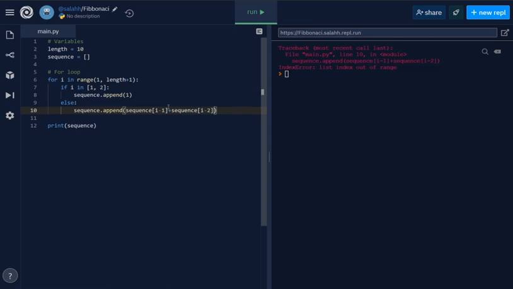Well, as I told you before, in programming, they count up from 0. So it's going to go 0, 1, 2, 3, 4. And the third item in a list will actually be index 2. So when we say sequence index 2, we're actually referring to the third item in that list. And at this point, there is no third item in that list. So what we're going to actually do is make this i minus 2 and this i minus 3. And now if we run it,